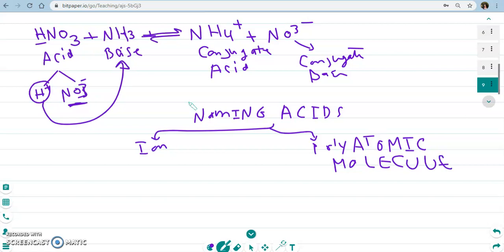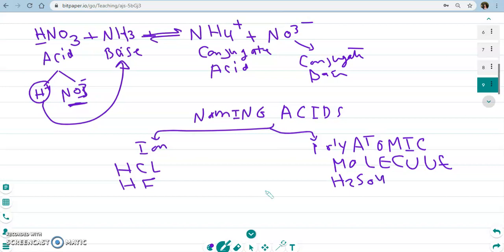With an ion, it's like HCl, HF. With a polyatomic molecule, it's like